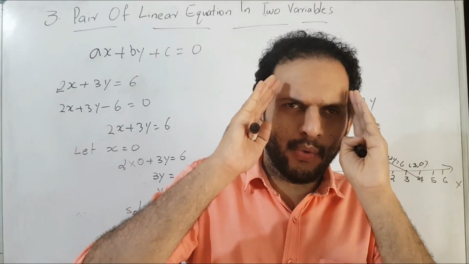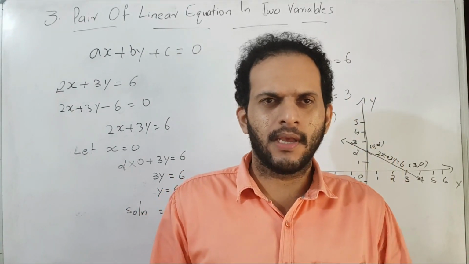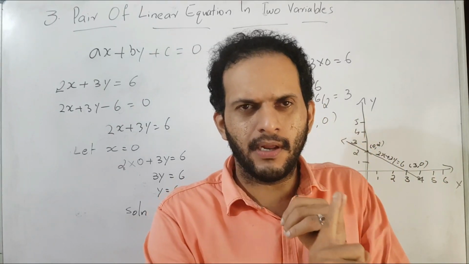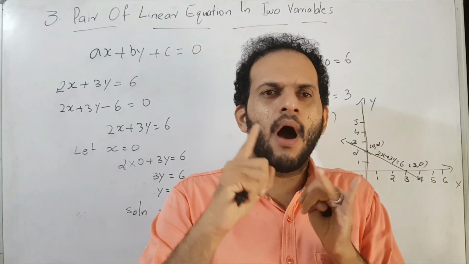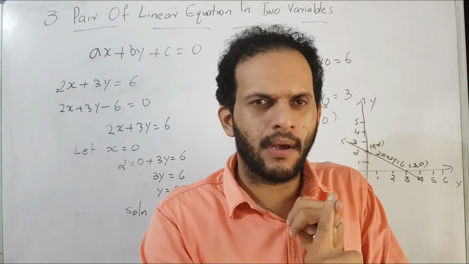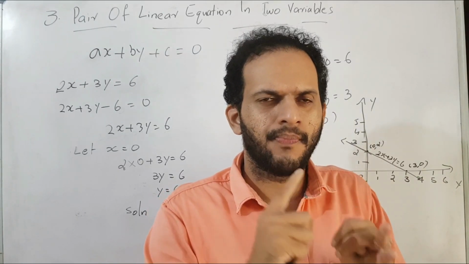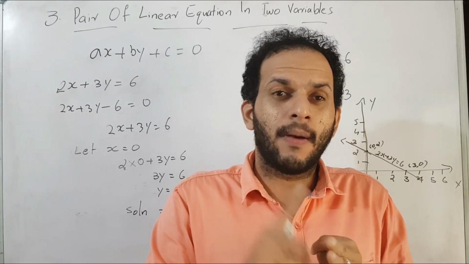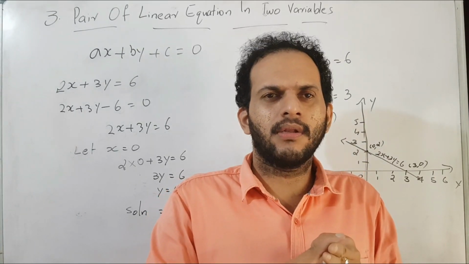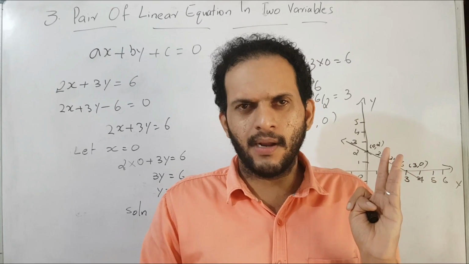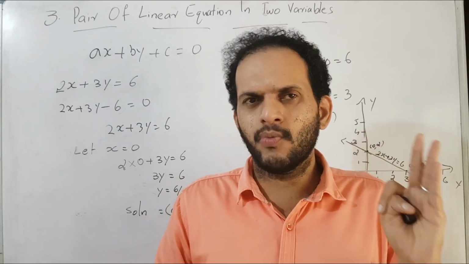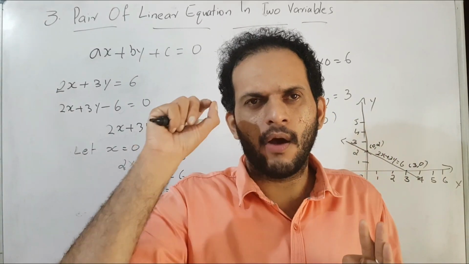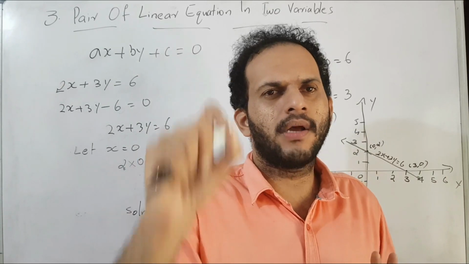Once again, recalling the ideas. What is the general form of linear equations, how to find the solution of a linear equation in two variables, and how to represent the equation geometrically in the form of a graph, correct? For drawing the graph, at least we need two solutions. Then now you got the idea of how to find the solutions.